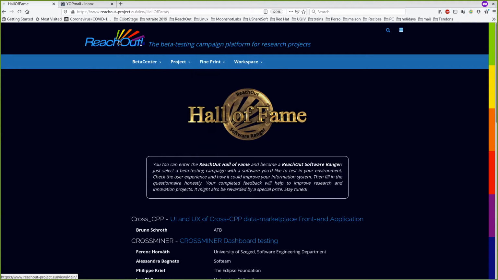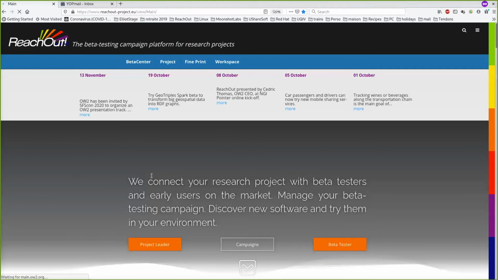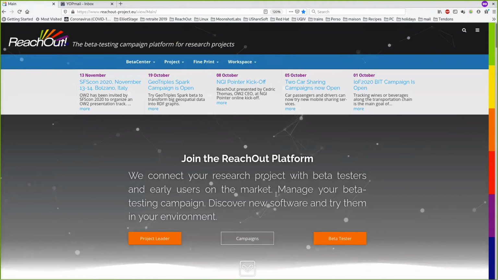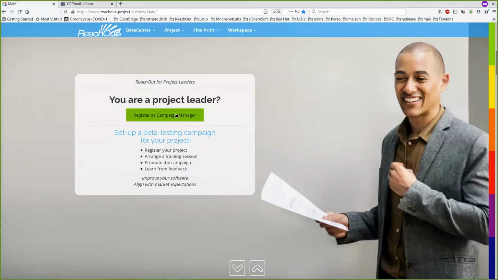So let's just imagine now that I'm from ReachOut. It just happens that I want to do a campaign about ReachOut. Why not? So what I just need to do is to register. I click on the project leader button, and it tells me, oh, you're a project leader. You can register. It's all self-service. So if I click on register,